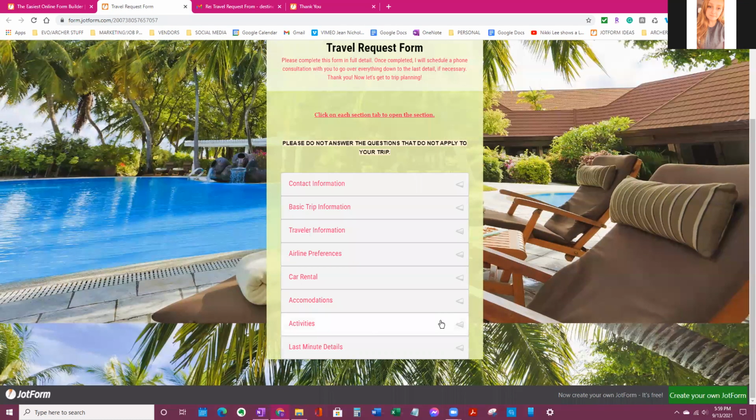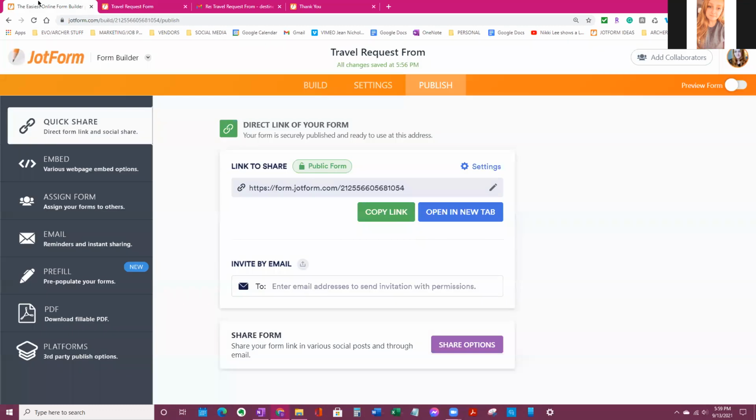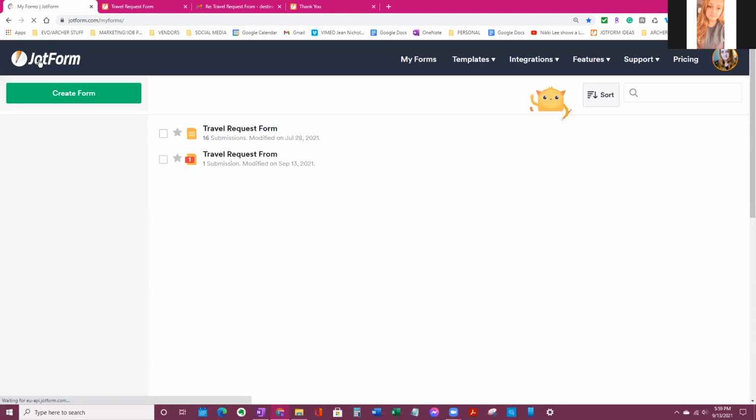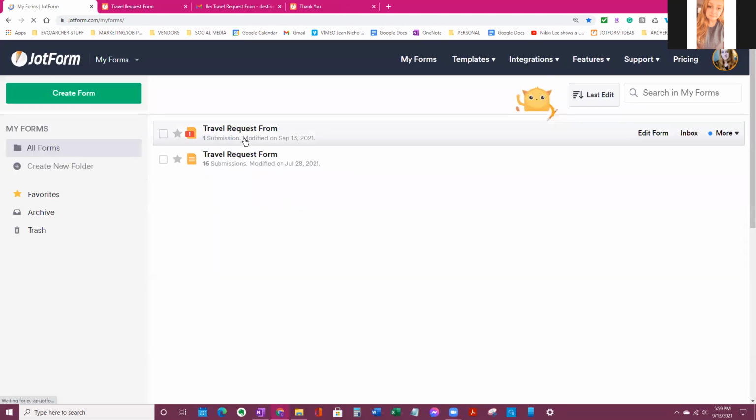How many JotForms? For the JotForm, you only have to create it one time. You're only going to create the JotForm one time. And then when you log into your account, this is the one we just created. If you ever want to send it to somebody, you can click on more,